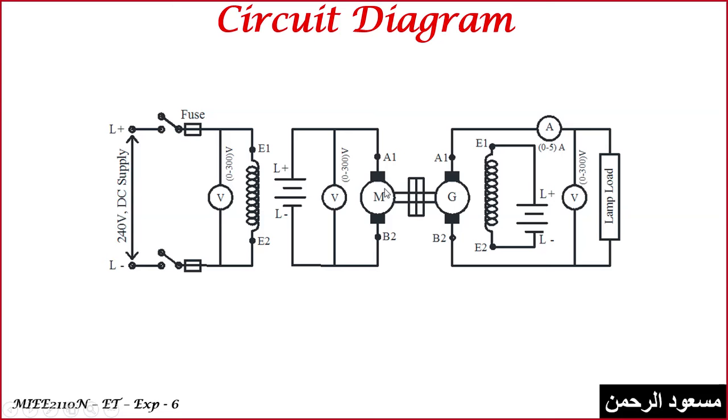For driving the generator's armature we need a motor, and for giving the input electrical supply to the motor, we need other supplies. We have already used one supply here for exciting the field winding of the generator. Now to give electrical energy to the armature of the motor, we need one supply, and for exciting the field of the motor, we need another supply. So totally we are using 3 electrical supplies in this exercise and also in the previous exercise.